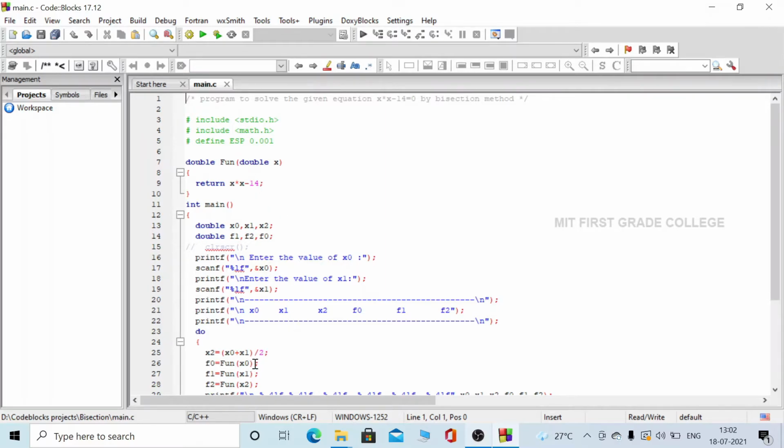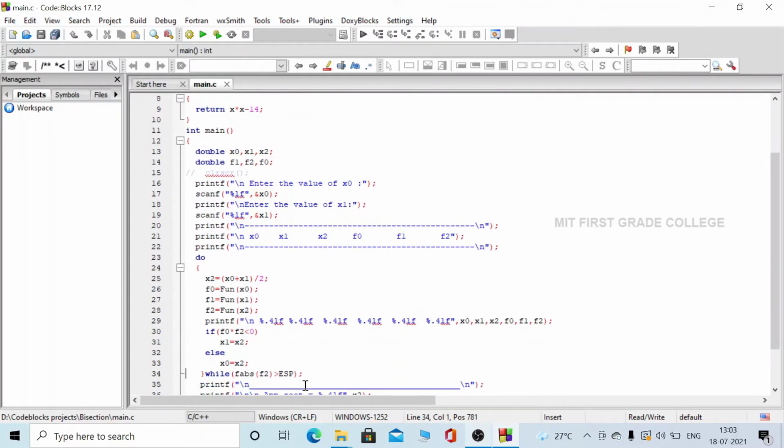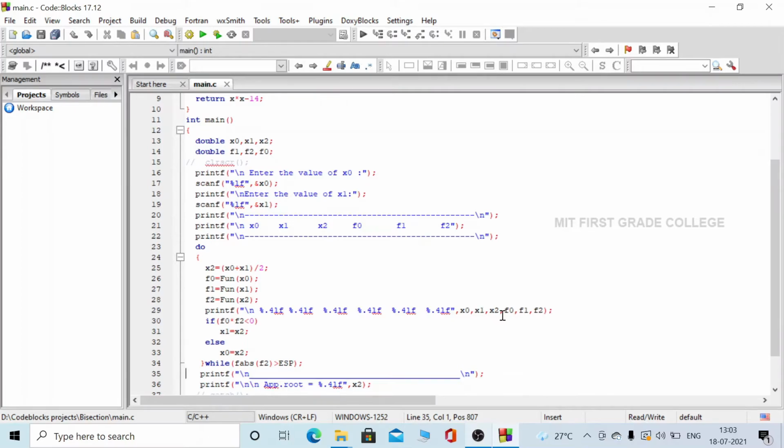Here the x0, x1, x2 values are already read, and we are calling the function for x0, x1 and x2, which is stored in f0, f1 and f2 respectively. So we have to initialize f0, f1 and f2, and here we have initialized f0, f1 and f2. Fine. The next thing is we will be printing x0, x1, x2, f0, f1 and f2.